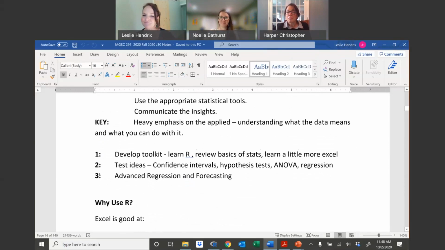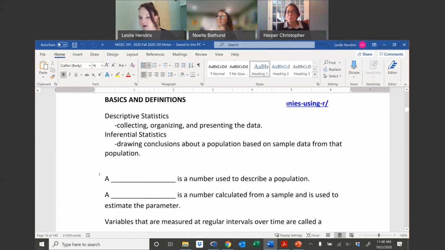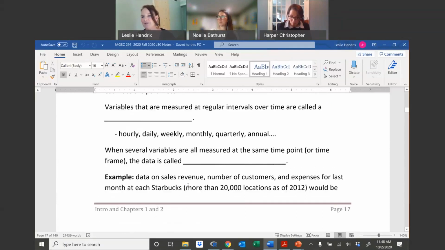So their lecture notes are basically like a little textbook. These are about 140 pages right now, and I'm beefing them up every semester. And they just fill in the blanks as I'm going along. It's important for me that I print their lecture notes for them at the beginning of the semester, and they get the bonus point for showing me that they're downloading R and picking up their lecture notes packet, because later when we're running a lot of computer code, they are not going to be able to